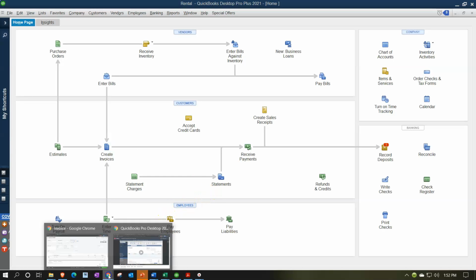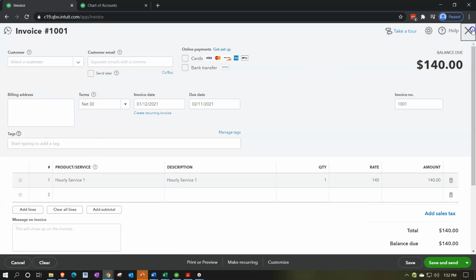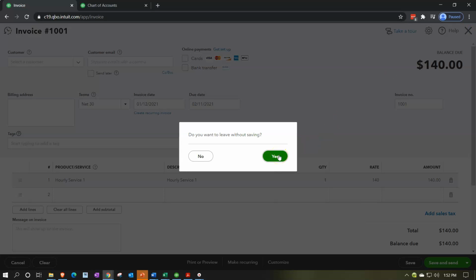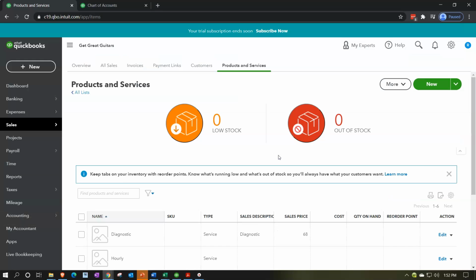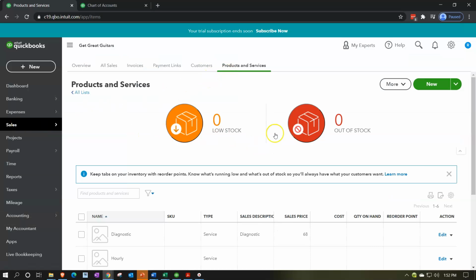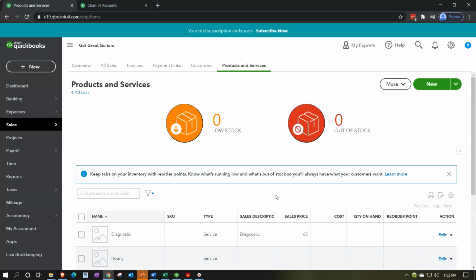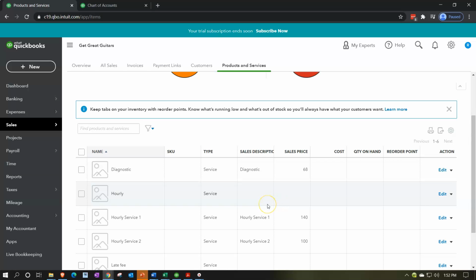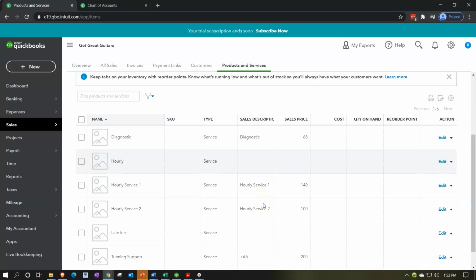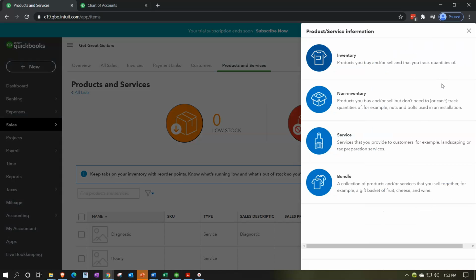So if we go back into QuickBooks Online, let's close this out and say, yes, I want to leave. And then if I go back into the sales item on the left and the products and services, if you were to do the periodic system, then you can enter your inventory items in a similar fashion as the service items here. In other words, if I was to select a new inventory item, if I was going to use a periodic system and not track the inventory through the system,